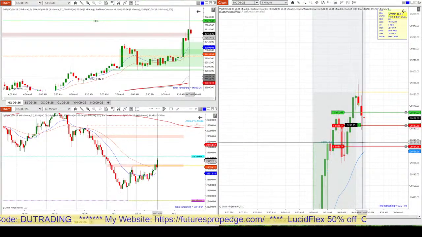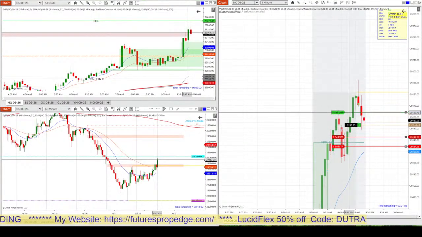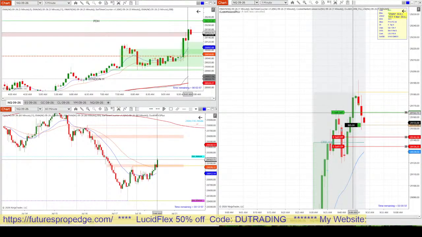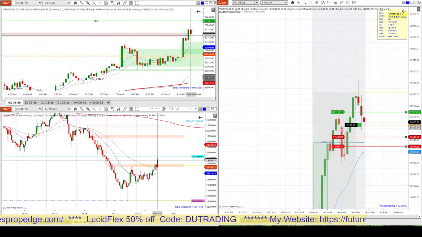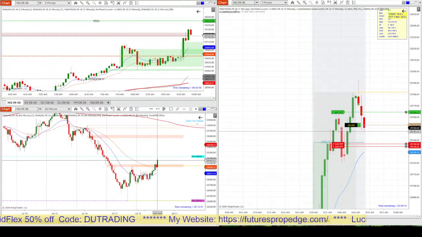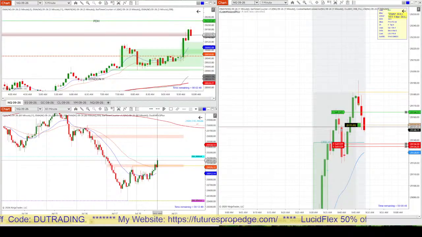But I don't want my stop to get hit there. Yes, I think we can get that, if they don't retrace back and get my stop. They did give me a quick 5-8 points,